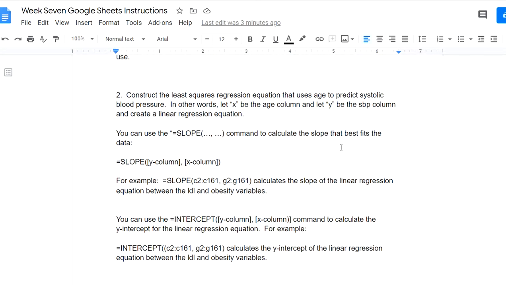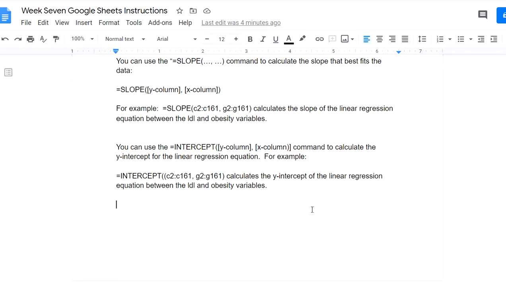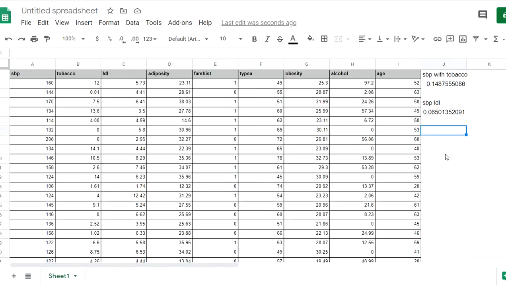Part 2 says construct the least squares regression equation. So this is, let me type it in here. This is like what we learned in algebra, y equals mx plus b, or sometimes you see y equals ax plus b. This number in front of x is the slope, and this number over here is the y-intercept. Okay, so to construct that equation, we need the slope,